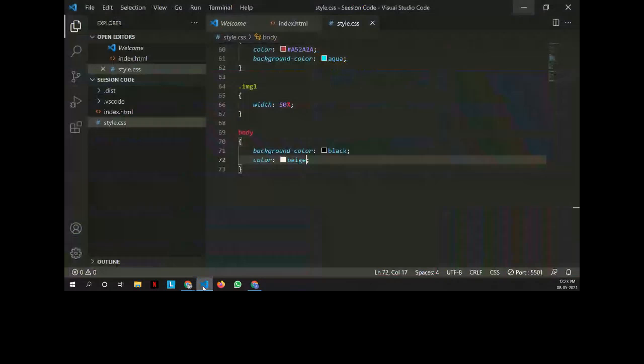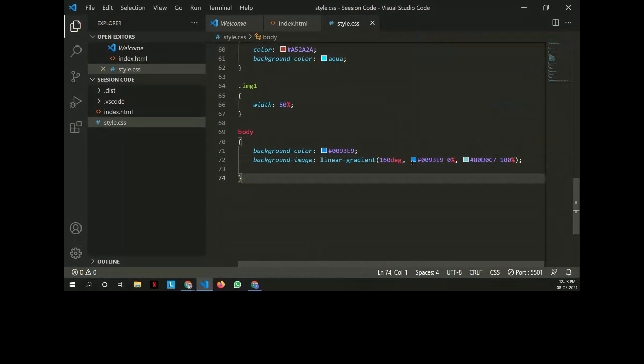I'll get into my CSS here and add it in my body tag. It gives you two properties by default: one is background color and one is background image. This linear gradient basically defines the colors mixed together. Here there are two colors, but in a gradient generally there are three colors.